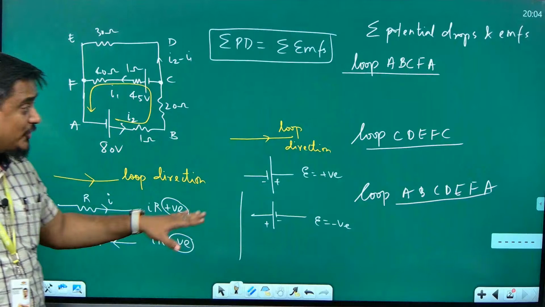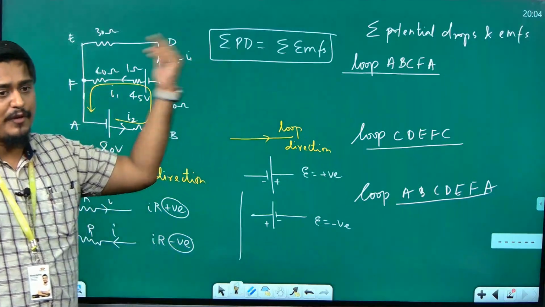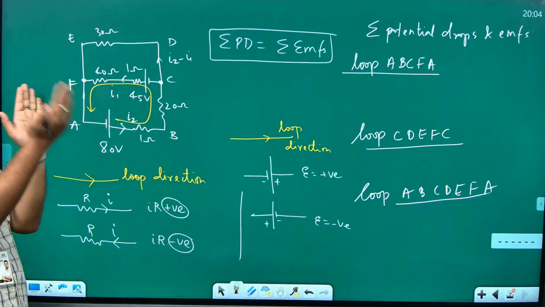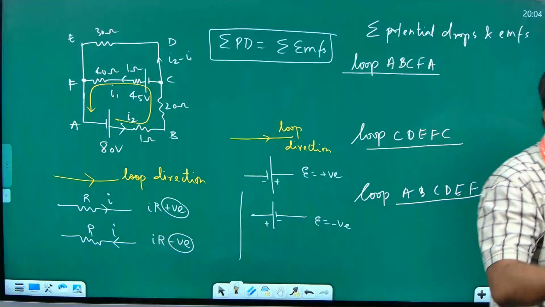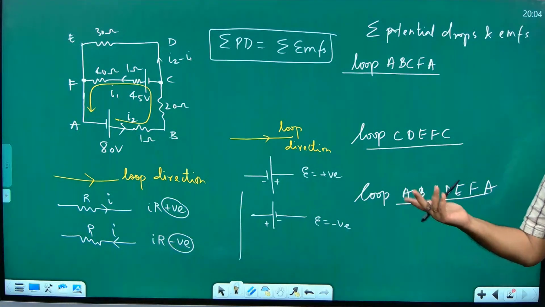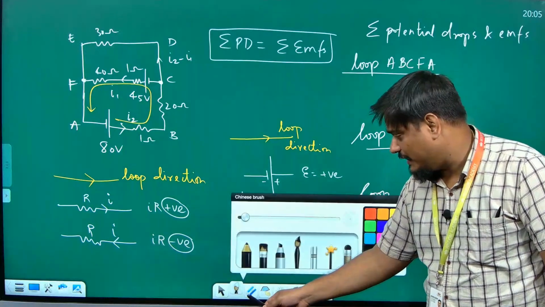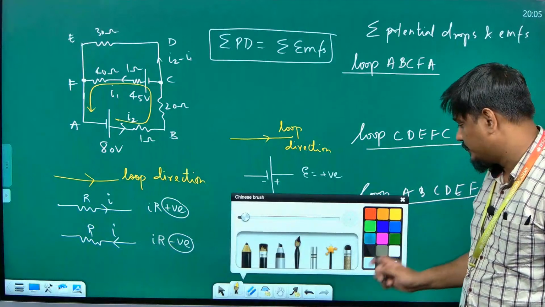Okay? So, this rule has to be used if you are taking EMF on the right hand side and taking potential drop on the left hand side, or vice versa. If you are going to take on the same side and equate to 0, this will not be applicable. Maybe with example it will be clear. This may be looking a little awkward to you, but it will be clear when I give the example to you. Okay? Now, let me make you understand by taking the example. The example is in front of you. Let me take the equations now.